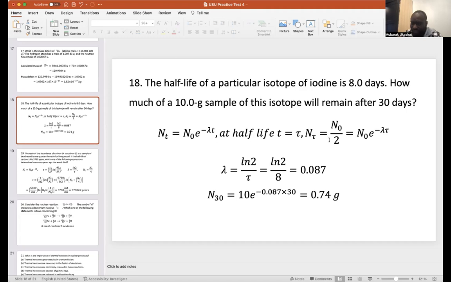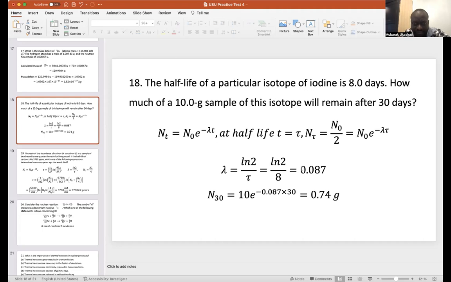you take the log of both sides, and then to remove this exponential here. Okay, so you get ln 2 over tau to be the lambda. So tau is your half-life. So your lambda, your disintegration constant, becomes ln 2 over 8, because 8 days is given as the half-life, and we